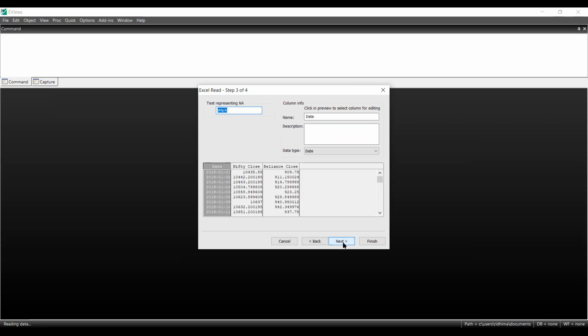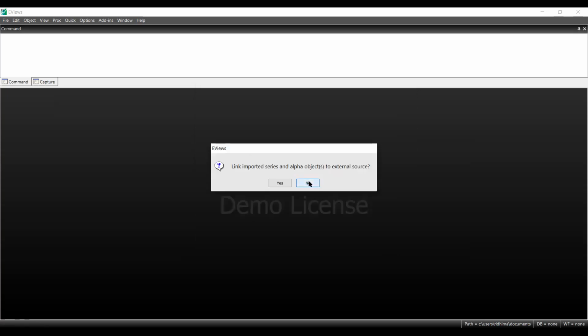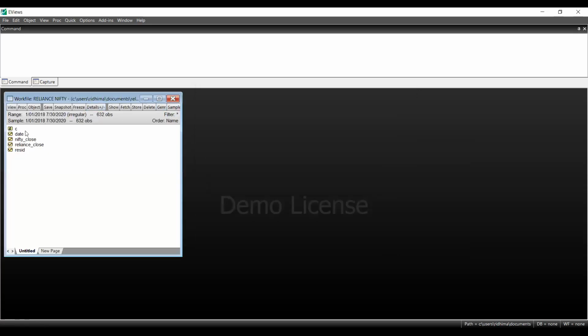Say next, next, and say finish. Say no to this. Now these are nothing but the headers of your Excel sheet. Let me show you which Excel sheet I have actually taken for this analysis, so that you can understand how it looks.